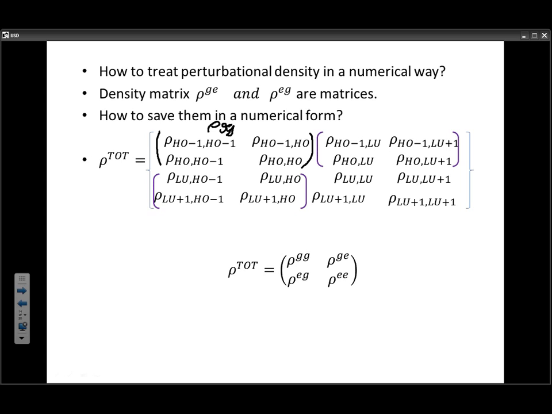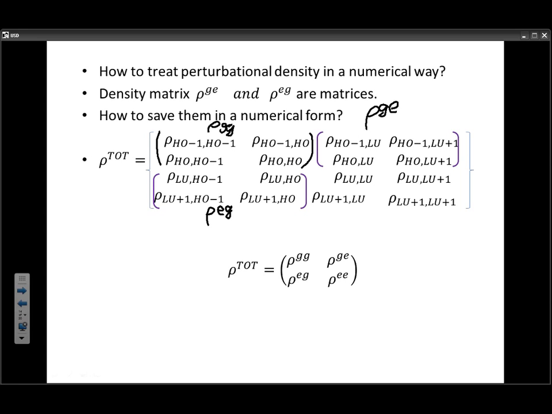And the pairs of occupied and unoccupied orbitals correspond to the density matrix for ground state to excited state. And the pair of occupied orbitals is corresponding to